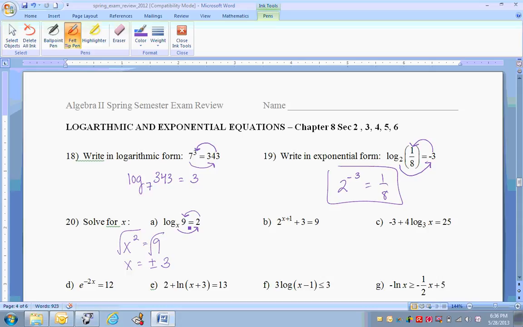Okay, on part B for 20, we're going to try and get x by itself again. We're going to subtract 3 from both sides first, and you're left with 2 raised to the x plus 1 equals 6. Then we have to log roll. So we're going to start with our base, pick up the 6, and then go back to x plus 1. So it's 2 raised to the 6 equals x plus 1. Well, 2 raised to the 6,